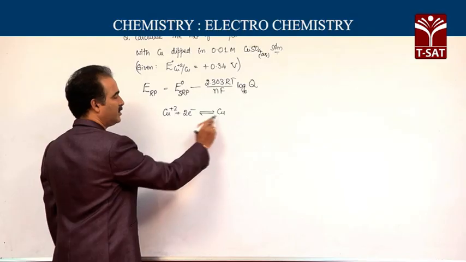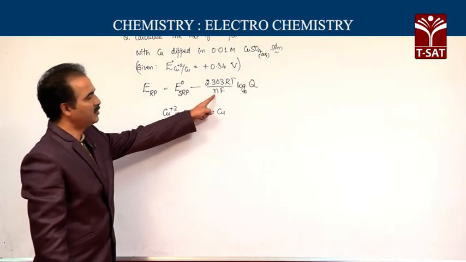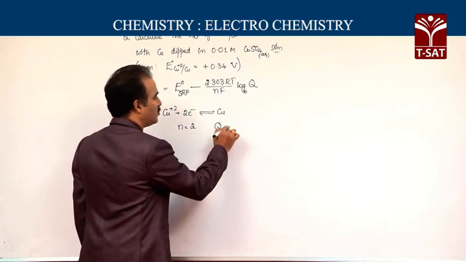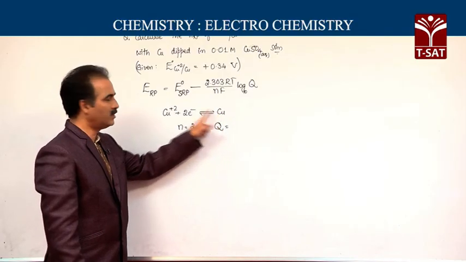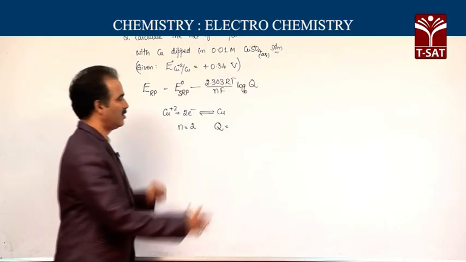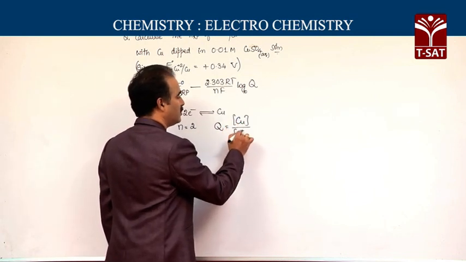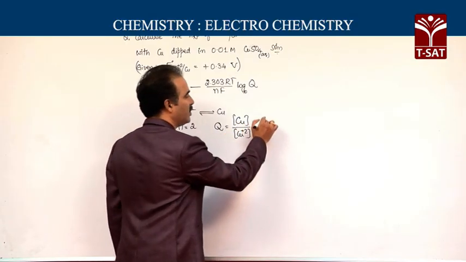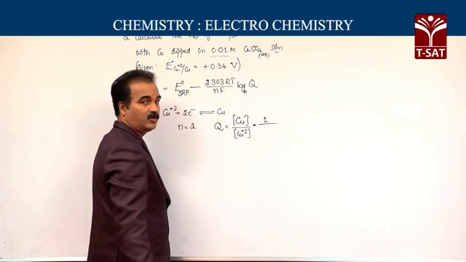So, according to this reaction, the number of electrons involved is 2, so we can substitute 2 here. And then, if you write the equilibrium quotient value for this, it is nothing but product concentration to reactants concentration. Concentration of copper metal by concentration of copper plus 2 ions. As the active mass of copper is 1, it is 1, and the copper plus 2 concentration was mentioned to be